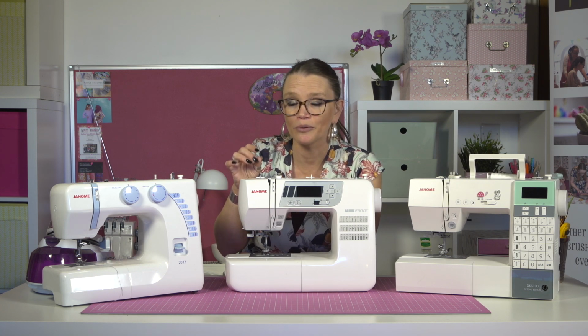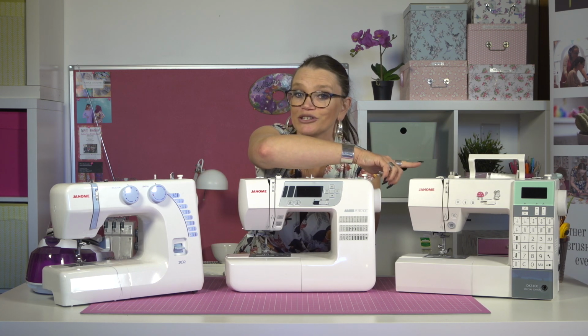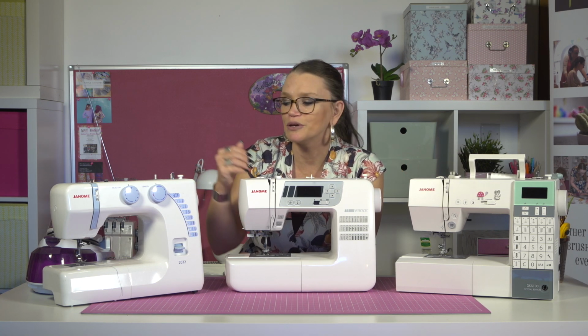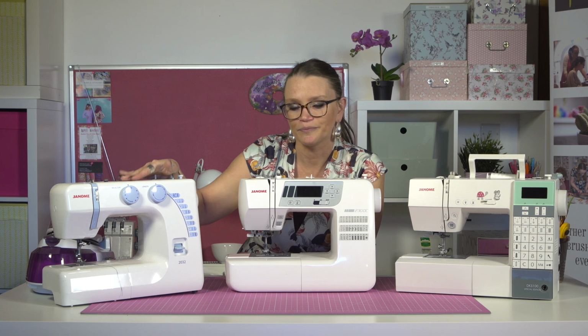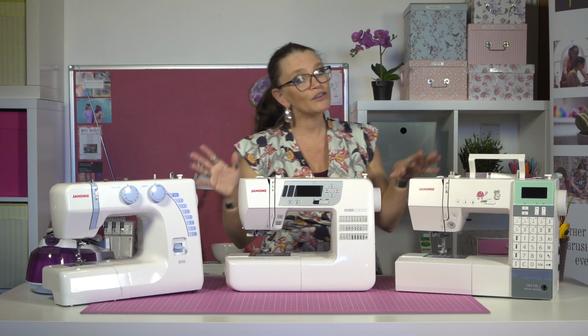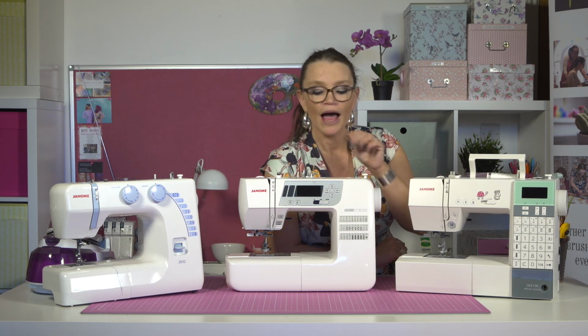I'll give you an example in just a moment when I show you this machine here on how much time you can save by making your machine be computerized rather than manual. So it's a time saver. That's the biggest thing. If you've got a little bit more money to spend and perhaps you're a little bit